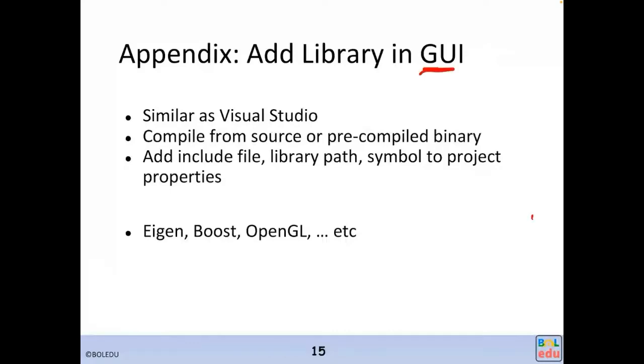However, for the final project, we might need to include some additional host program libraries that cannot be synthesized. So in this lab, we run this program in the GUI, and what we want to introduce is